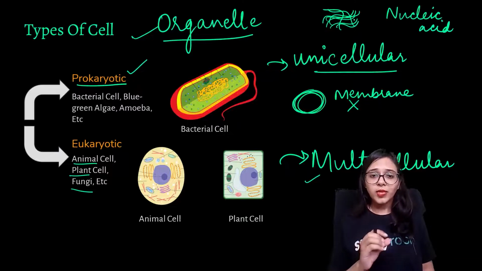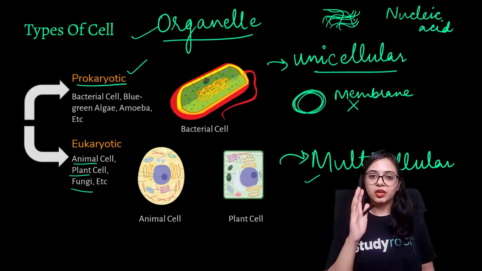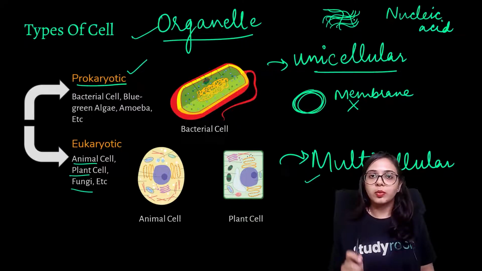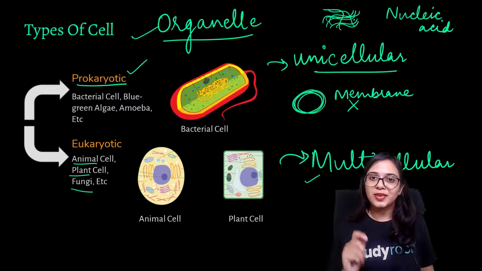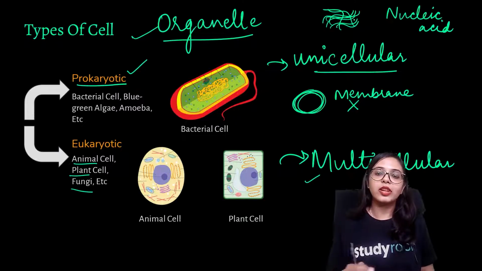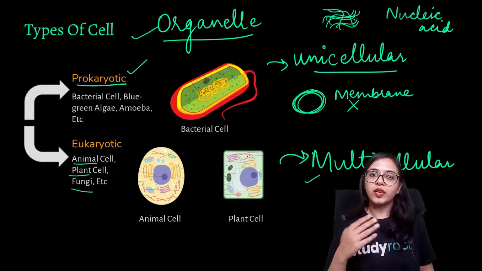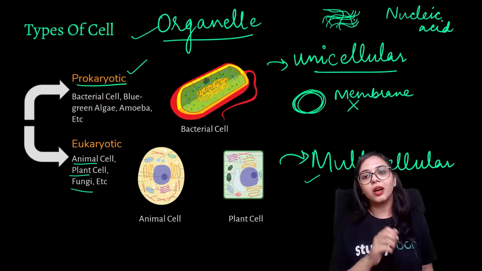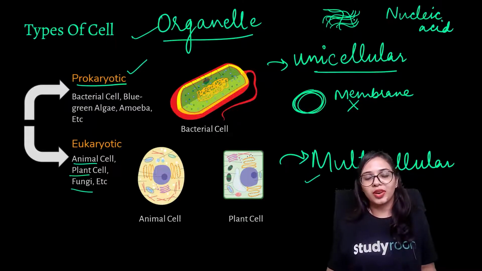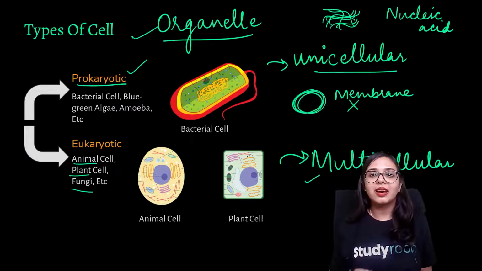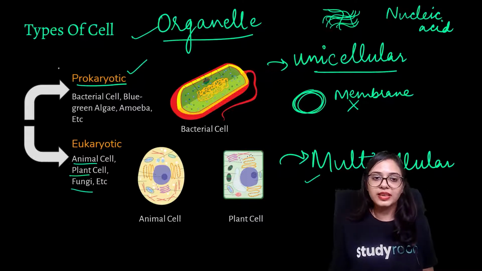I know that all this information at once is hard to digest. Okay, but don't worry. However much you are able to understand right now, it's okay. It's just a beginning. When we'll come to the later stages of what are the different organelles of a cell, that is what is a different component of the cell, and when we'll be learning about the various kinds of tissues, then this whole confusion will be sorted, and you'll be able to understand and grasp more. So just bear with me for now,